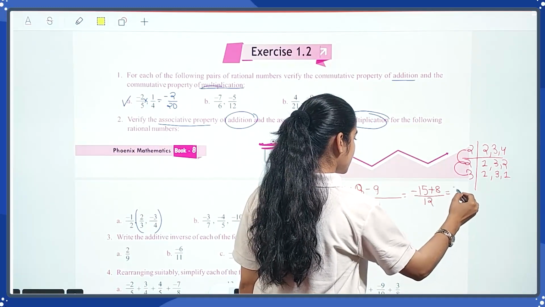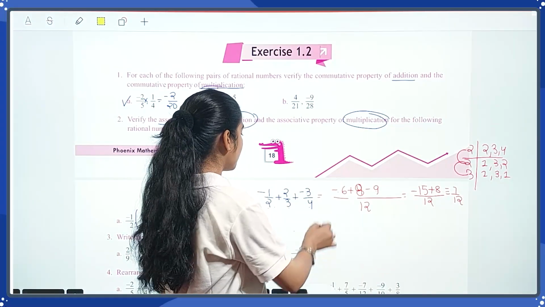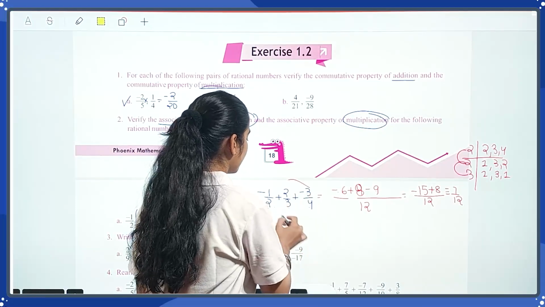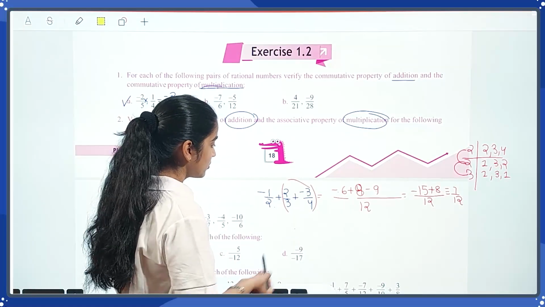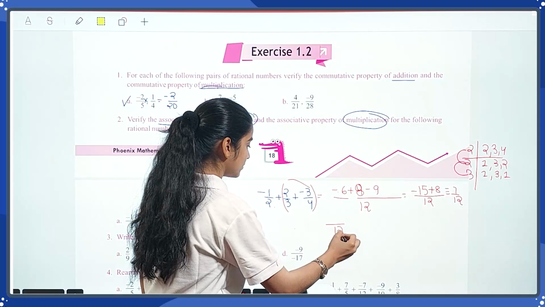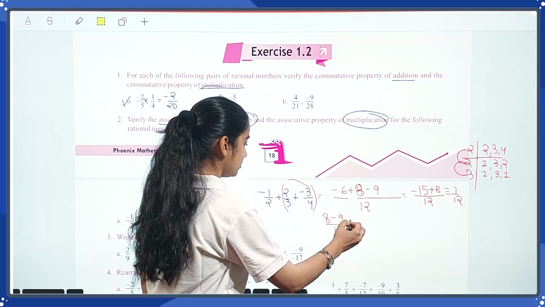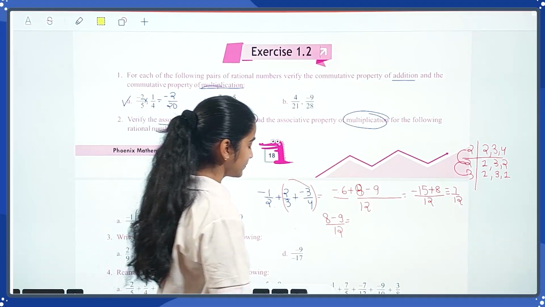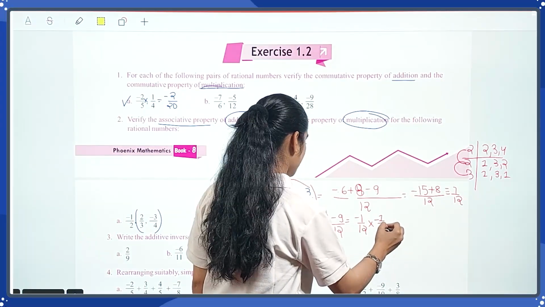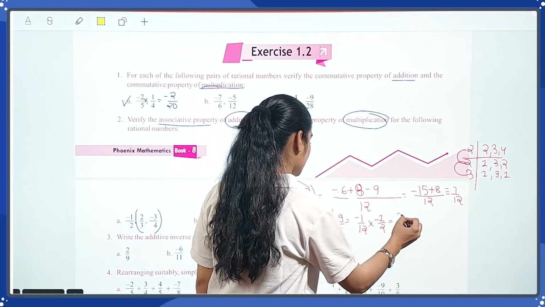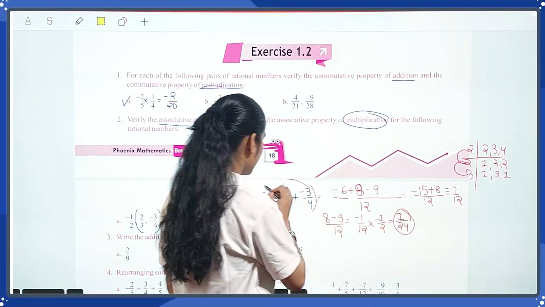Your end result is 7 by 12, minus 7 by 12. Okay. Now if we change the group for the multiplication, now we have the same property. 3 by 4, 12 is the LCM. 8 minus 9, and you will get minus 1 by 12. Multiply 8 minus 1 by 2, you will get 1 by 24. If I change the group, these two,